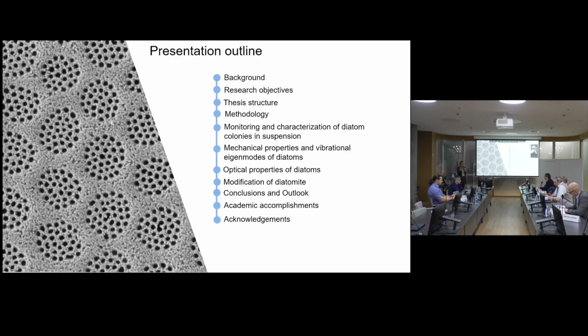Before we dive into the specifics, here is the outline of my talk. So I will start with a short background to introduce the main objects of my research. Then I will explain the whole idea behind this thesis, thesis structure, methodology, the main goals. And then I will spend the majority of time by showing the main results that I obtained during these 4 years. At the end, I will make some main conclusions and also show the lists of publications, conferences I attended,